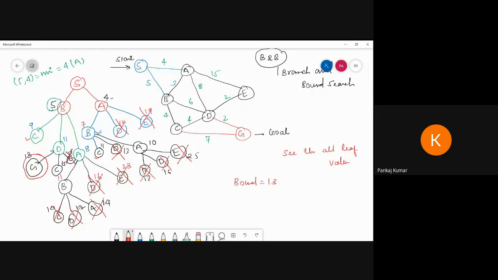So now I am going to explore C and C both again, and try to find the goal value. Suppose exploring again I get a new bound, suppose the second bound is 12. Again I check: not more than 12, less than 12 is okay, not equal to 12, not more than. So all the nodes are discarded. In the end, if no nodes are left, then our optimal solution is 12.